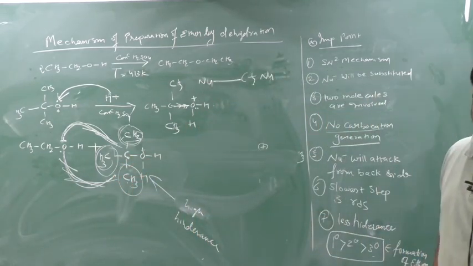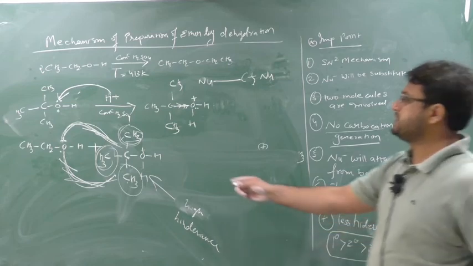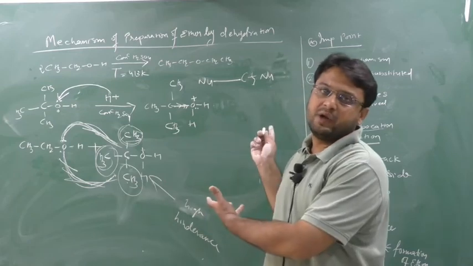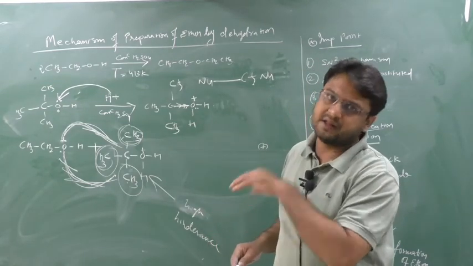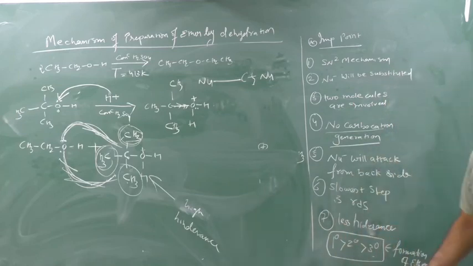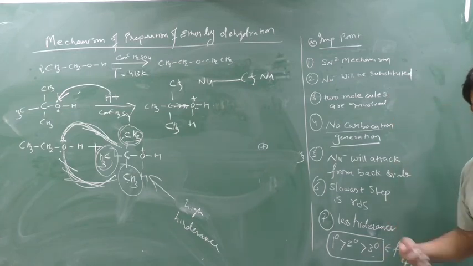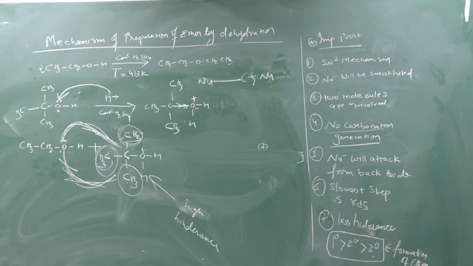The species which is attacked should be less hindered. So this species is attacking and this should be less hindered, meaning this should be 1 degree. If it was 1 degree, ether would easily occur. With 2 degree it would be a bit difficult, and with 3 degree no ether generation would occur because there is more hindrance. So you can write a key point here: ether preparation is very easy with 1 degree rather than 3 degree, because in 3 degree there is maximum hindrance. This hindrance point will come again in the next class, the Williamson synthesis, where it will be clearer. There also the SN2 mechanism is followed, so you can make this key point, which will be repeated in the next topic.